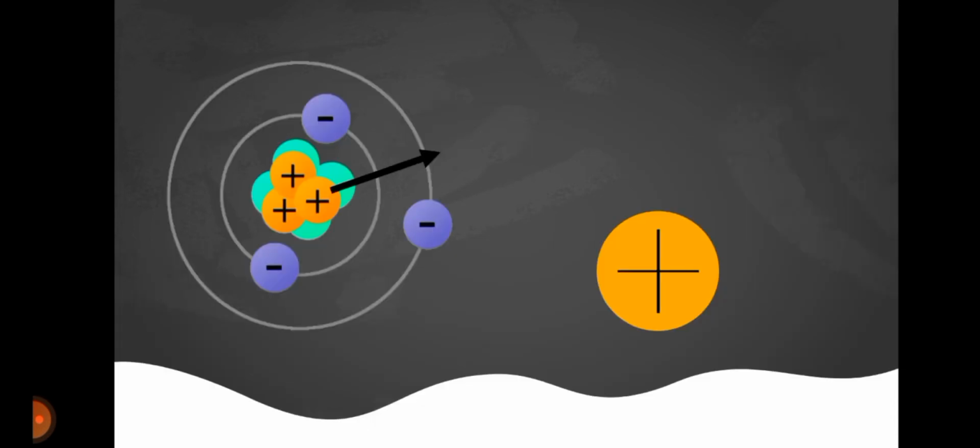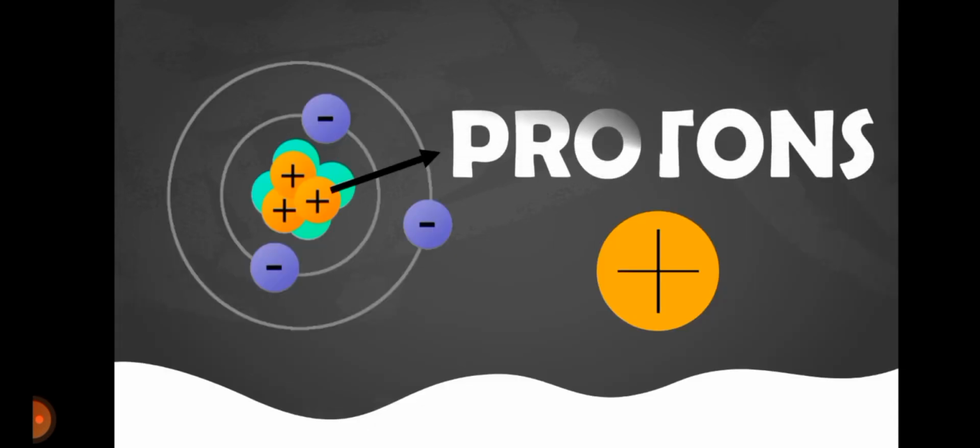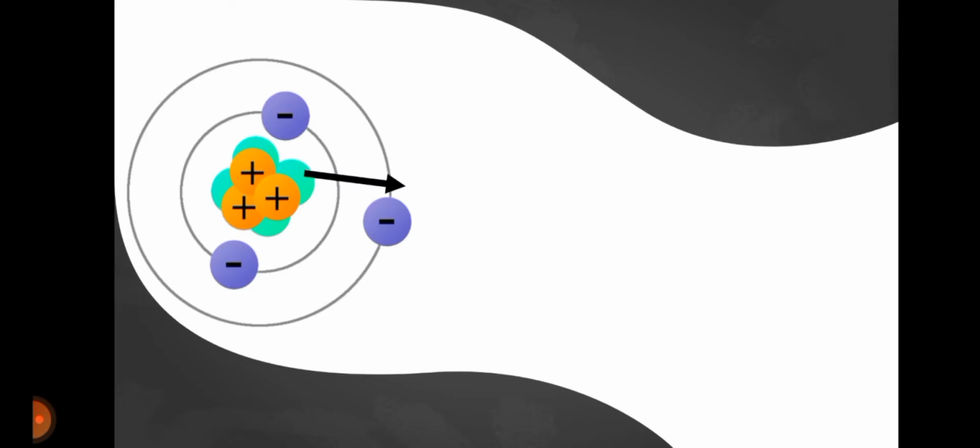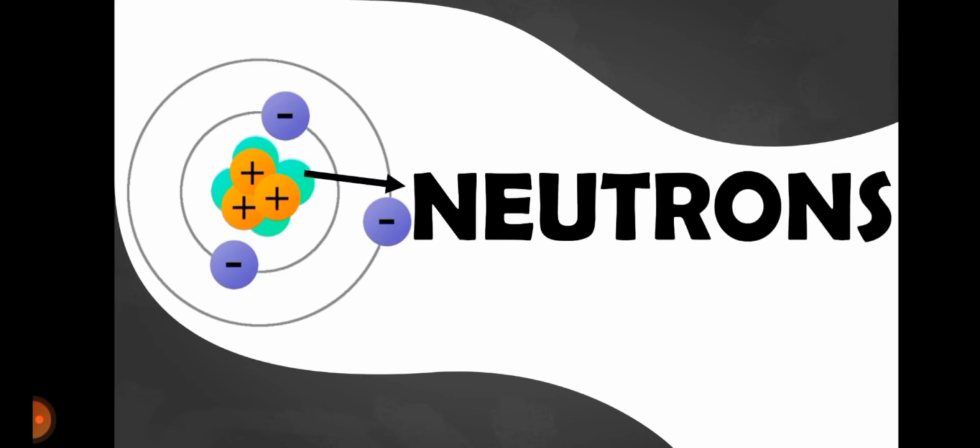Next, we have the protons. Protons are the positively charged particles. So, protons, nakikita siya sa loob ng nucleus of an atom. So, kasama ng protons, yung neutrons. Neutrons are the neutrally charged particles. Ano ba pag sinabi nating neutrally charged particles? Ibig sabihin, it's neither a positive nor a negative. Hindi siya positive, hindi siya negative. Neutral yung charge niya.